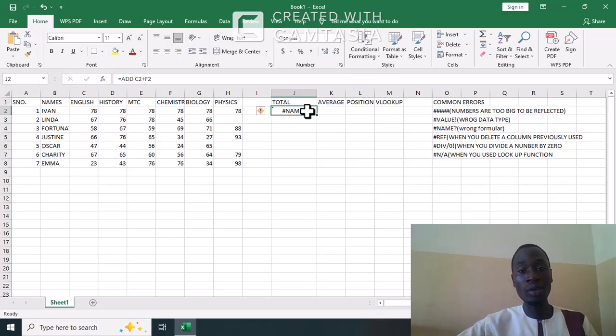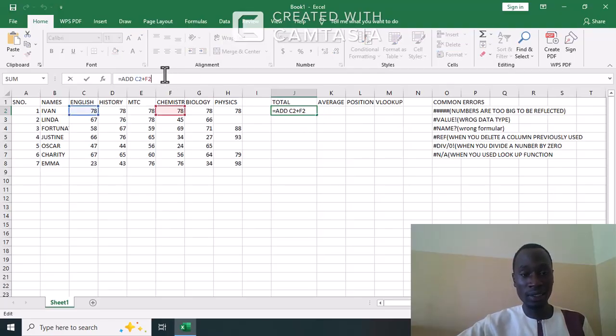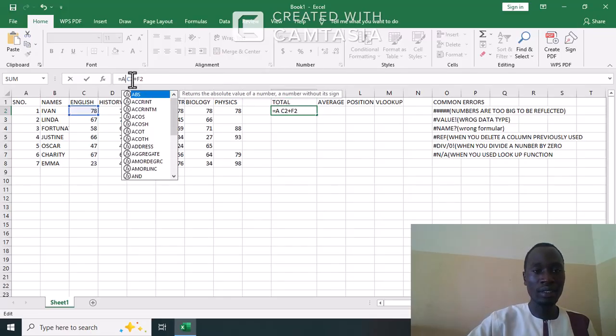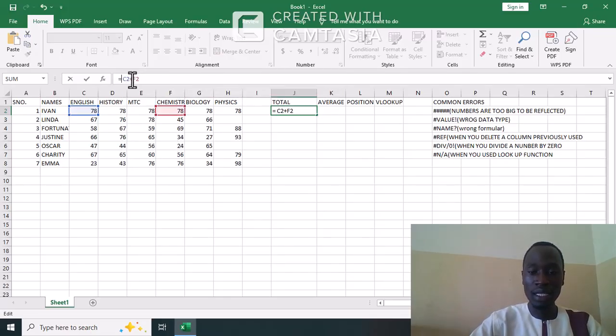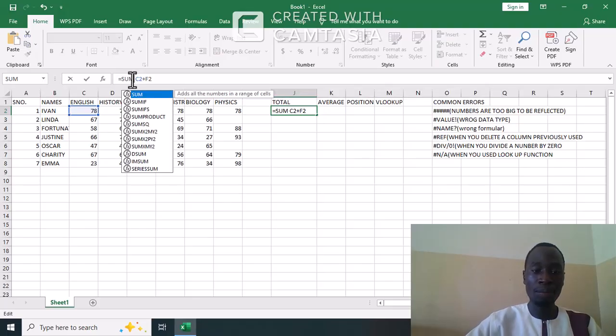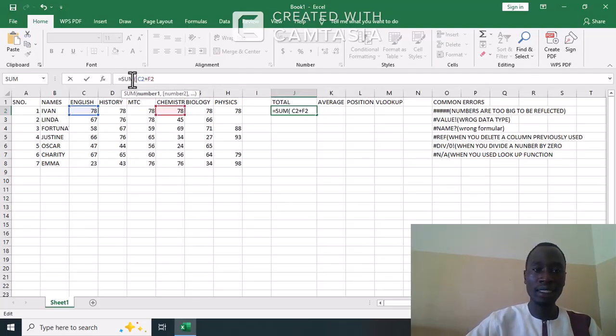So how do we correct this error? Because it has brought for us a #NAME error. What does the #NAME error mean? It means we have inserted a wrong formula, because Microsoft Excel doesn't recognize this formula. "Hard" is not included in the formulas of Excel. The one which is there is SUM. So the correct formula name is SUM, you put in brackets, the sum of C2